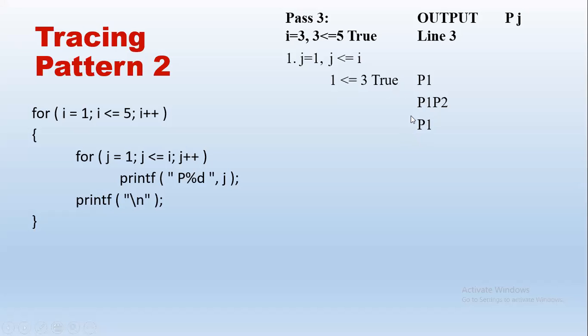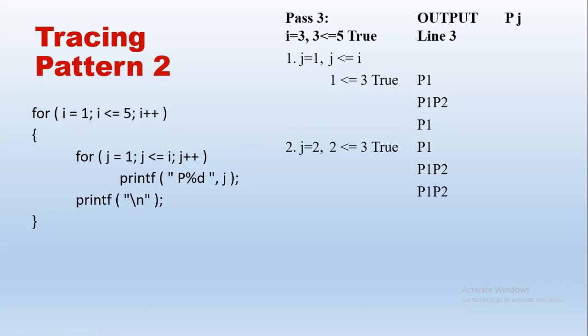We have to print the first value in row 3. Note we are not printing P3 like in the previous example. We will print the value of the column number. So column number is j in our example. So j is 1, right? So in pass 3, j is 1 here. So print Pj. So the first value is P1. So first step, P1 is printed.